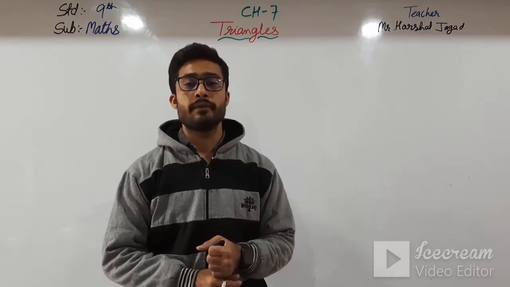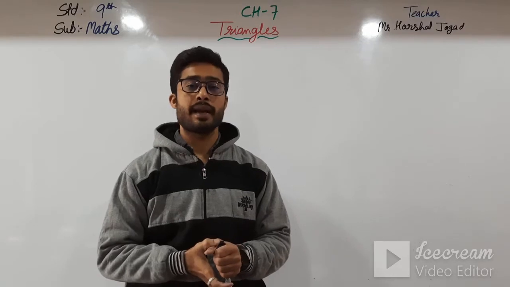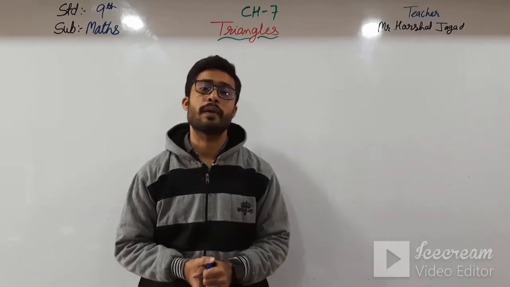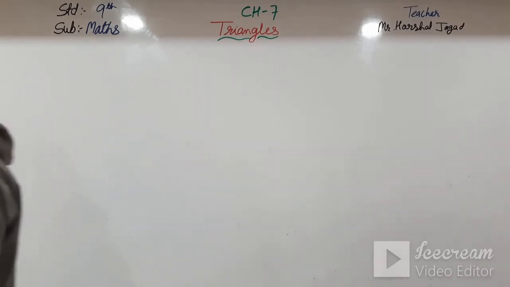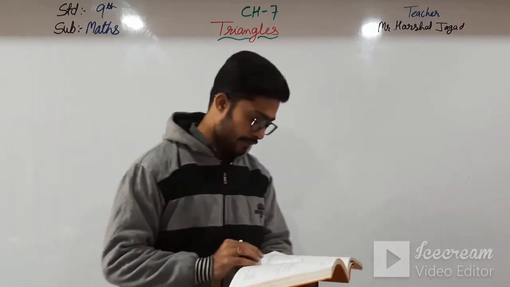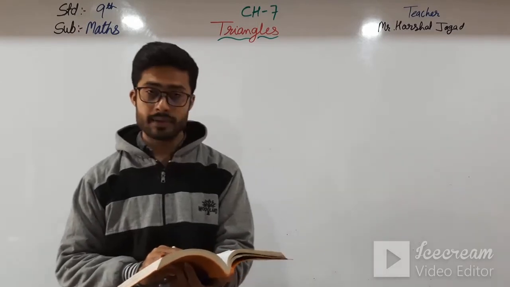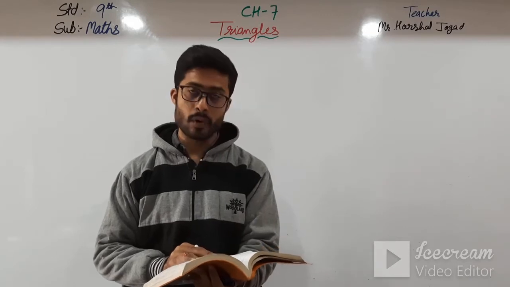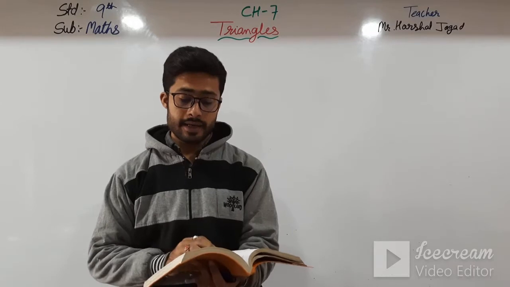So in the previous video we have just seen three cases of congruent triangles, and now we will see some of the properties of triangles. That is our new topic: properties of the triangle. Here you can see in the above section you have seen two criteria for congruence of triangles. Let us now apply these results to study some properties related to triangles whose two sides are equal.